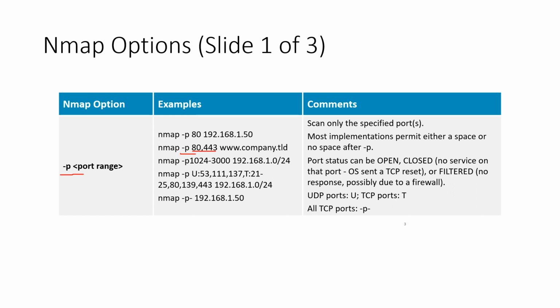If there is no range, for example in this case -p dash, what happens here is that it will scan all TCP ports. If you want to scan UDP ports, you have to add the U option. If you remember in Cisco, we were taught that there are services that use UDP, for example TFTP. And most are using TCP: SMTP, FTP, HTTP, HTTPS, they use TCP, okay?